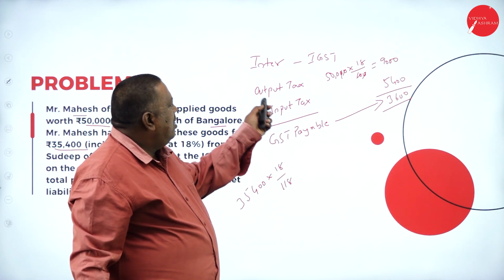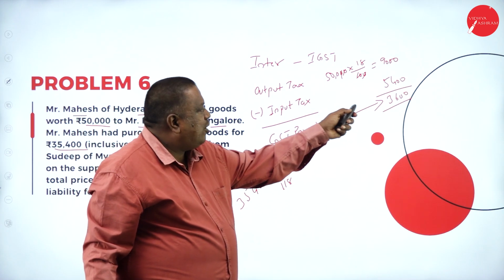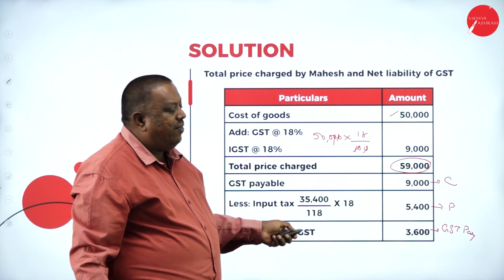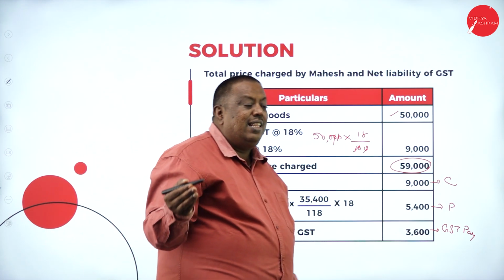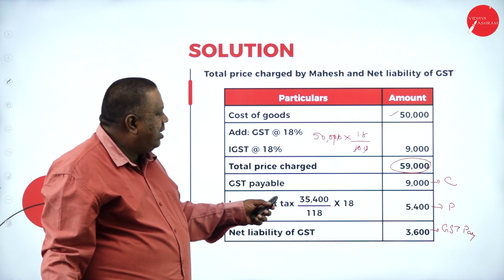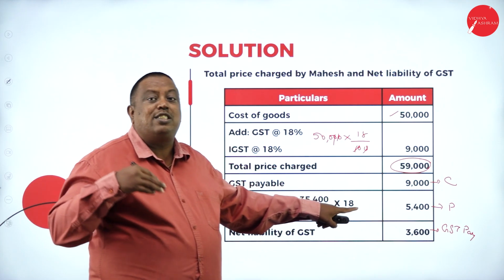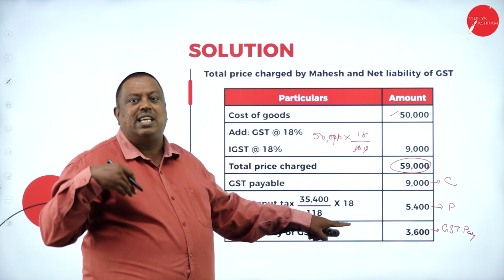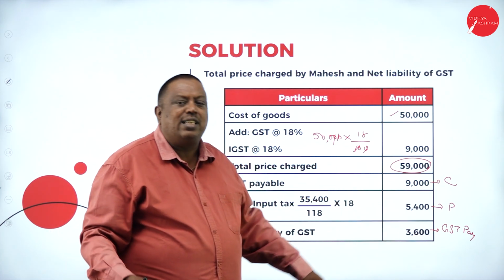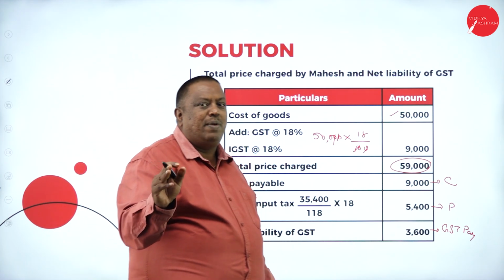As I said here, output tax I'm collecting is 9,000 and I already paid tax of 5,400. The balance has to be paid to the government. So there's a benefit they have given. In the features, we said that credit facilities are provided for business people. This is what we have here. He is collecting 9,000 and is going to deduct the amount he has already paid, meaning he is going to take back the tax amount. The remaining difference is paid as tax to the government, meaning the ultimate consumer is paying the tax and not the business people.